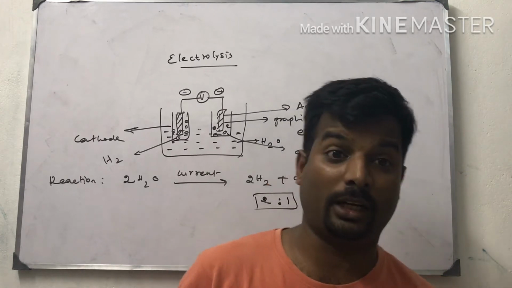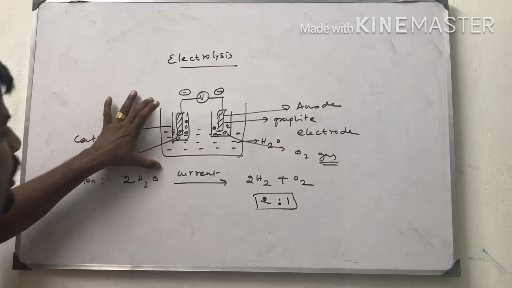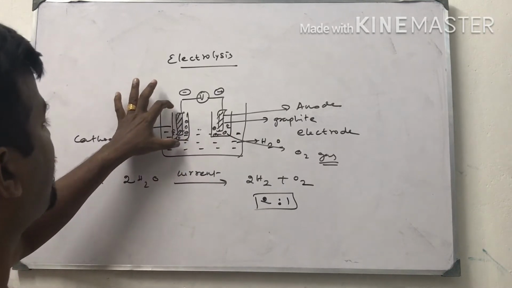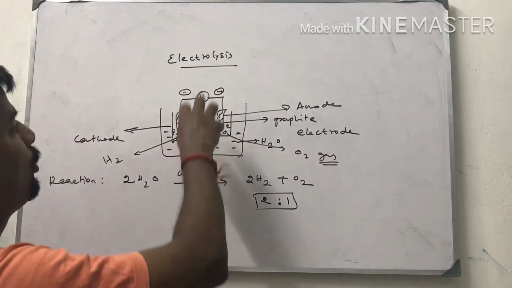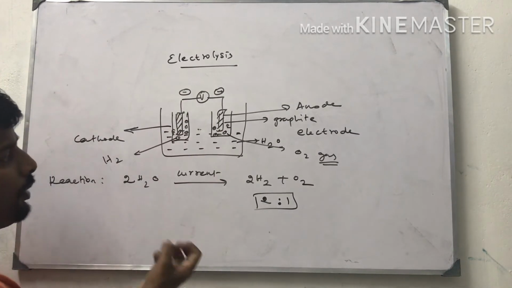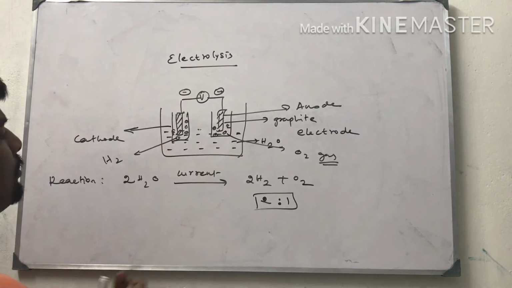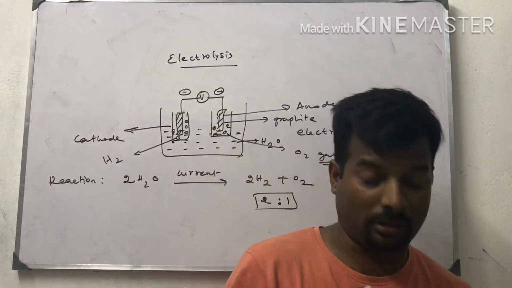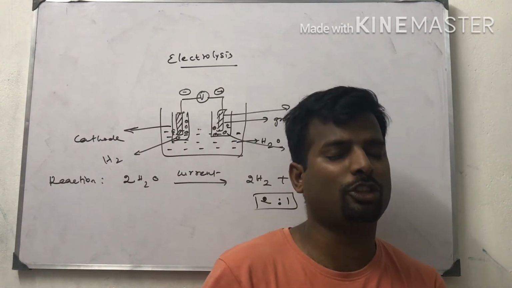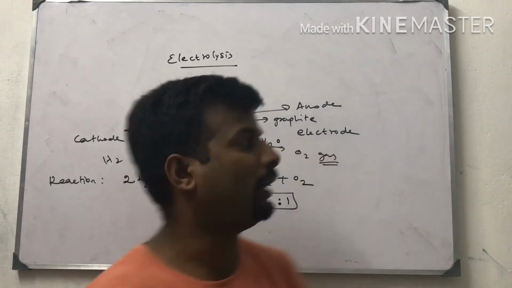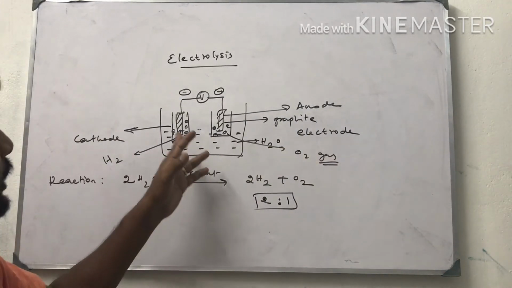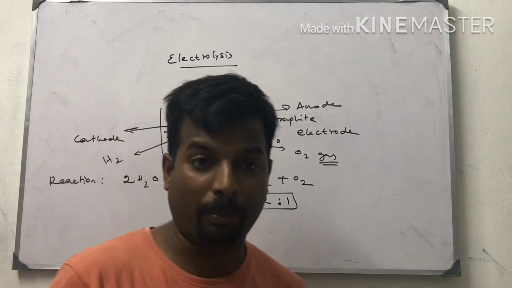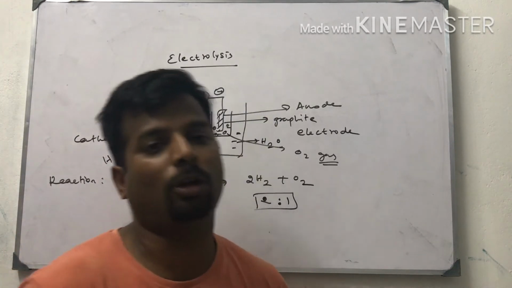We learned this in 10th standard. Same thing. This is a setup. Here water molecules are there. This is called the graphite anode. This is the graphite cathode connected to a voltmeter. While passing current, the gases are released into the liquid. The water molecule is dissociated into H2 and O2 like this, and they settle down in the glass tube like this. This is the way we can prepare oxygen by electrolysis.